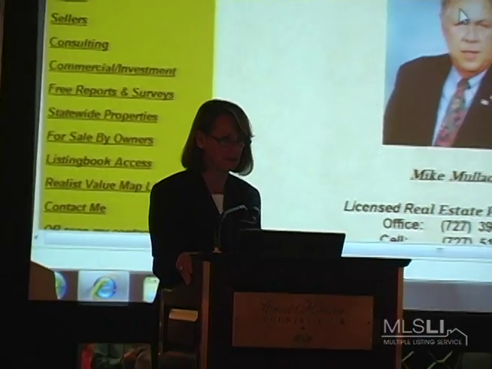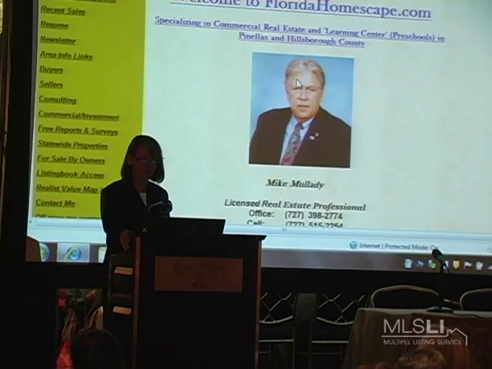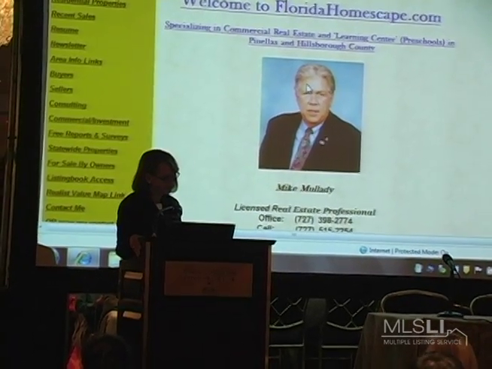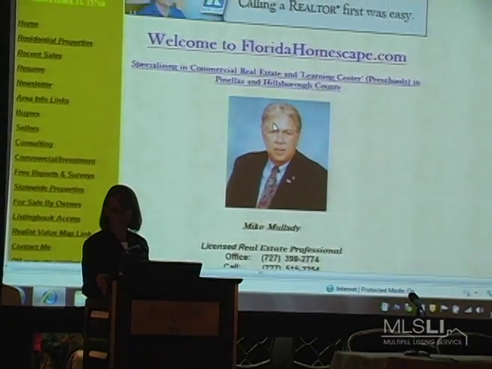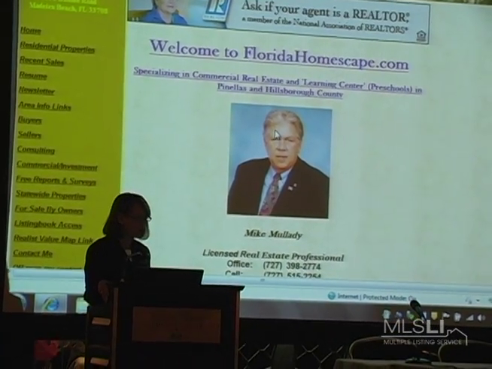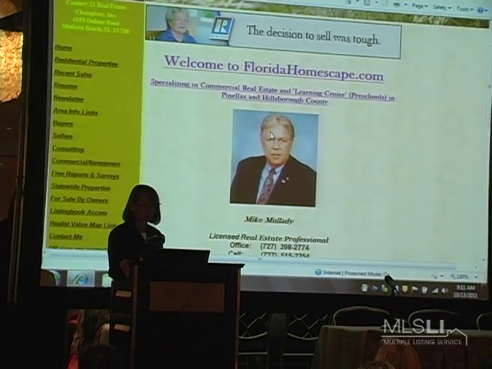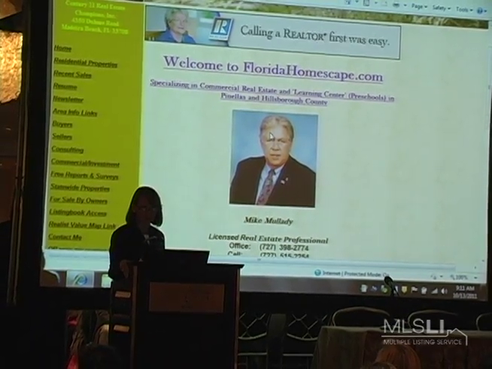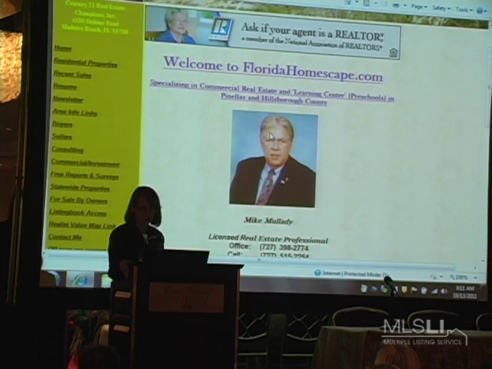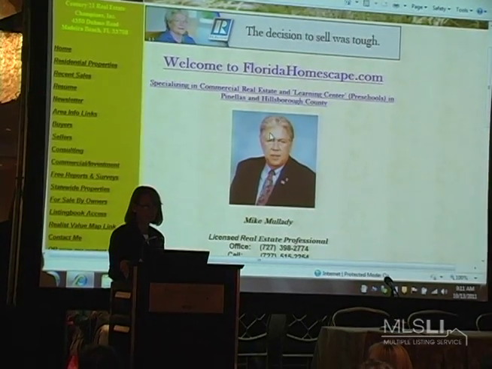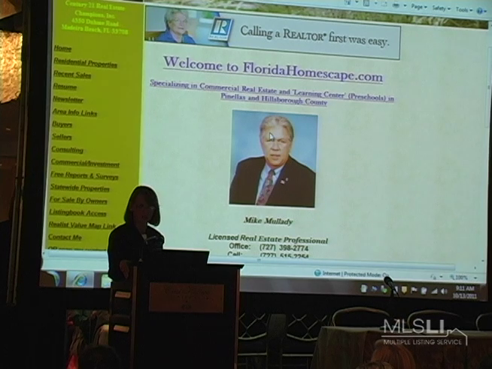It's called Realist Value Map, and there are two ways that you're going to be able to get to it. Way number one is within your MLS, and if you want to look up a property and find out what it's worth using an automated home valuation, you'll have the ability to do that. And not only can you do it here in your backyard in New York, but you can also do it anywhere in the country. CoreLogic collects data and does automated valuation models around the country, so you can look at properties in Florida, California,